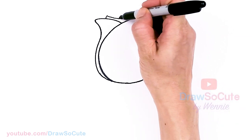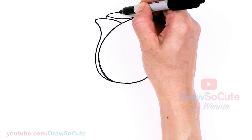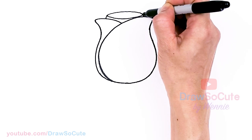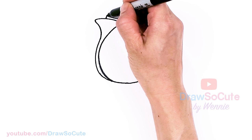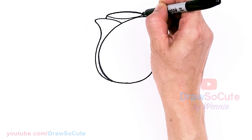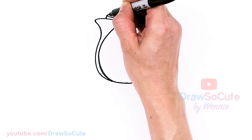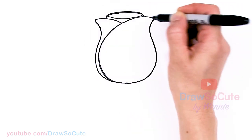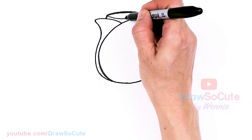really close. And then I'm going to go ahead and draw the outside of it. So I'm basically just drawing this oval shape at the top right here, at the top of our rose. And bring this down a little bit more. It's too high. So you just want this to be a little bit, not too much. There. So now that we have this shape in here, I'm going to come inside a little bit off-centered, and